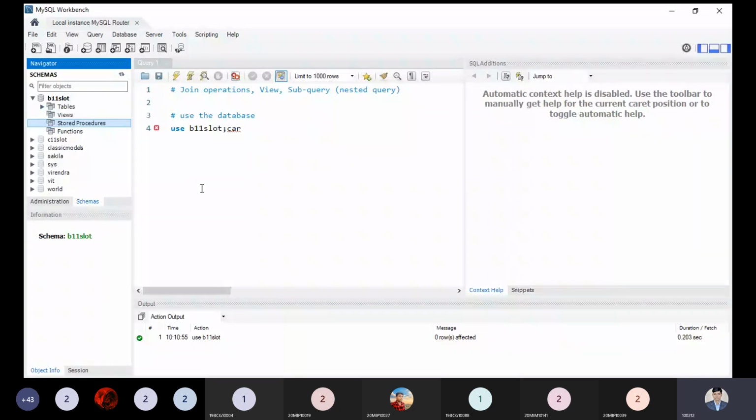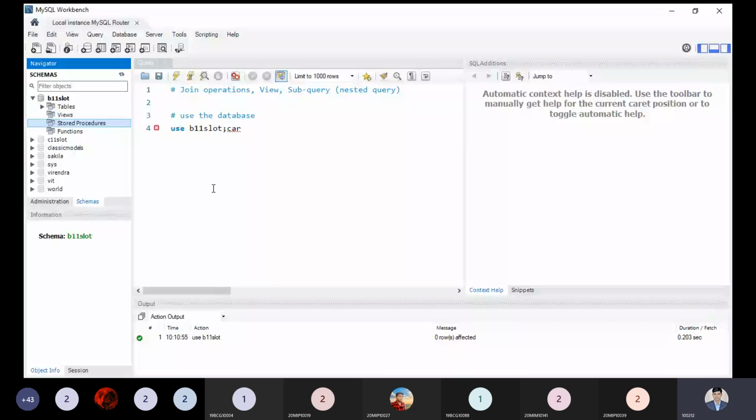And next we have the function. Unlike the stored procedure, we can also create a function that returns something to our information. This is just like programming, where we have some functions and some procedures that return something to get the proper or relevant information. So that's why we have to use this point.